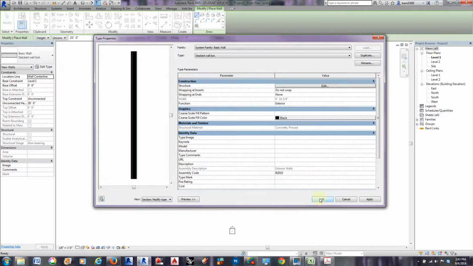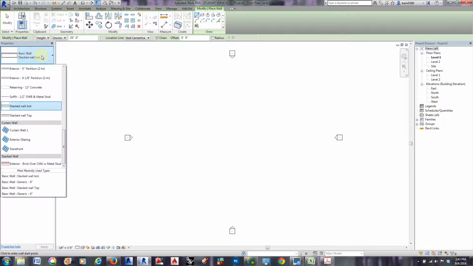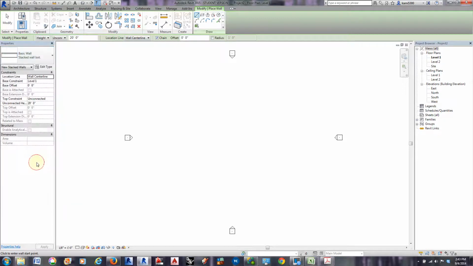Say OK, OK. And you're wondering where I'm probably going with this, but once we've created these two wall types, we can now use what's called a stacked wall. We can select the stacked wall,